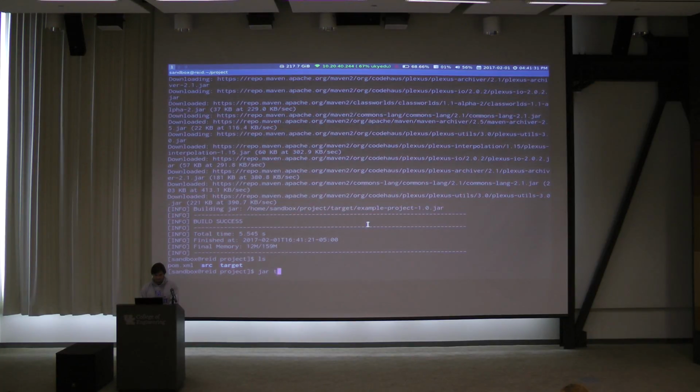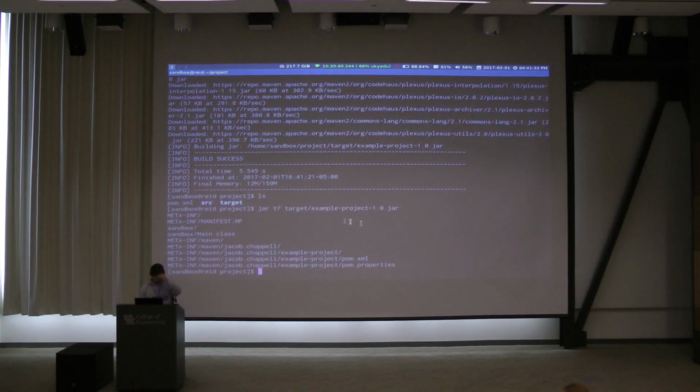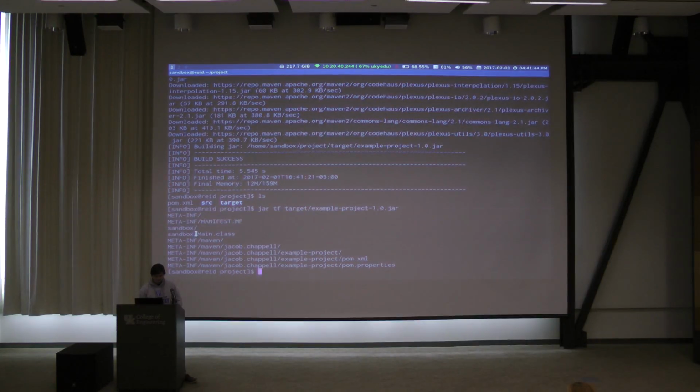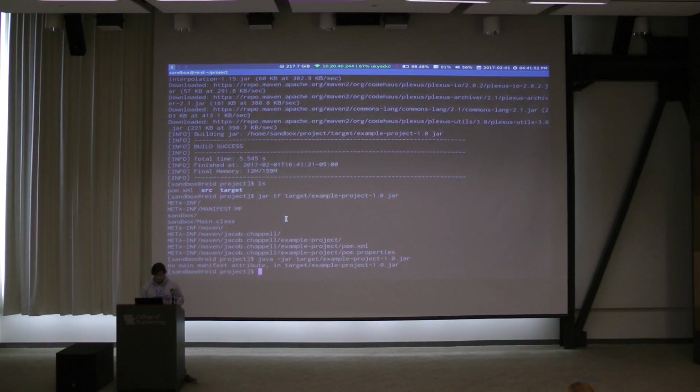Let's see what's in it. Okay. If you're familiar with jars, this META-INF manifest thing, you're probably familiar with that. And then we have our actual class file in there. Now there's really no point in making a jar without running it, so let's do that.